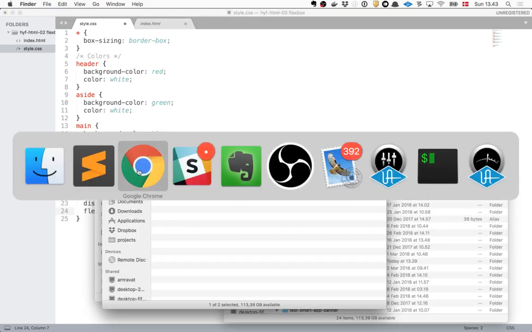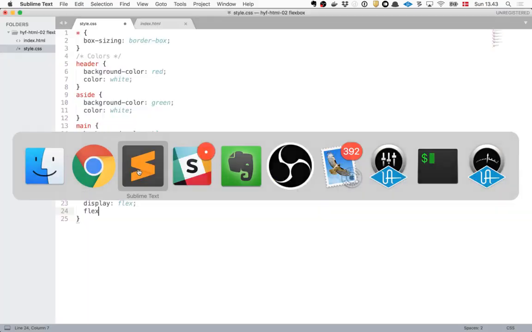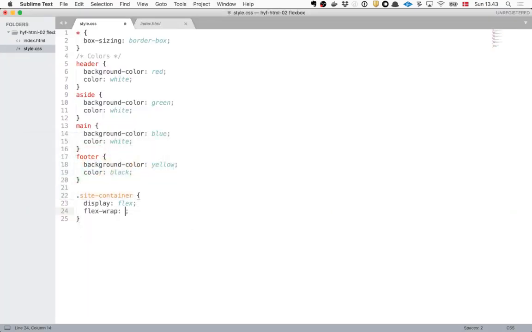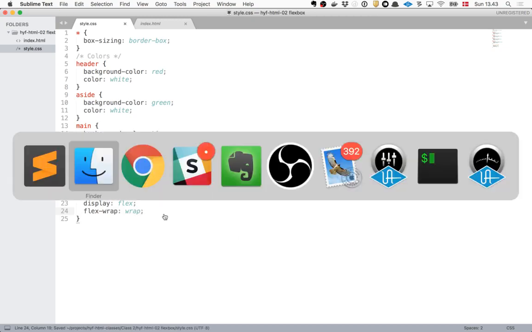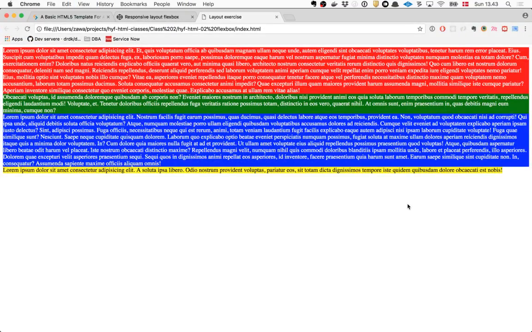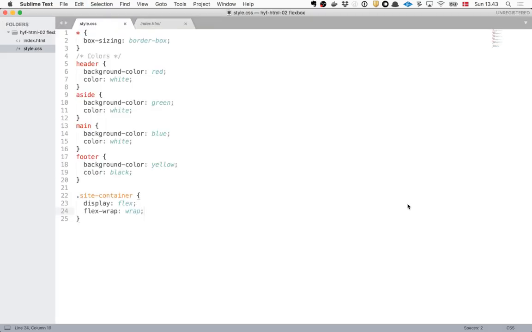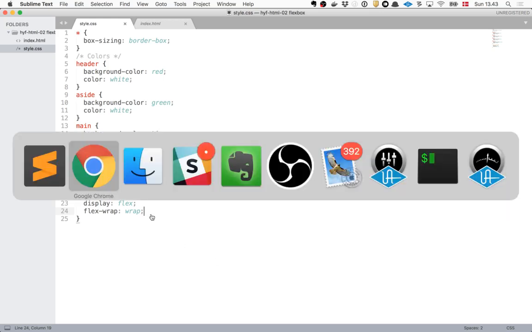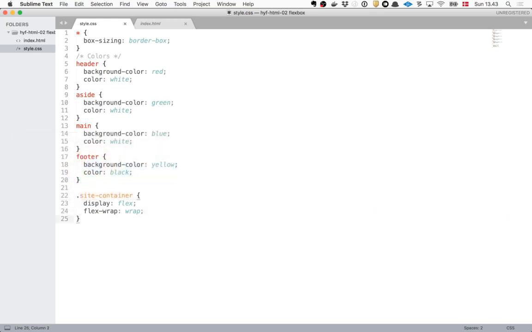What's it called? Flex? Flex wrap, of course, yeah. Flex wrap, wrap. Okay, so now we are back to something that feels like something we've seen before, right? So let's just try to set the width of the aside and the main element.